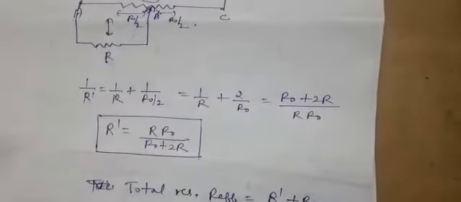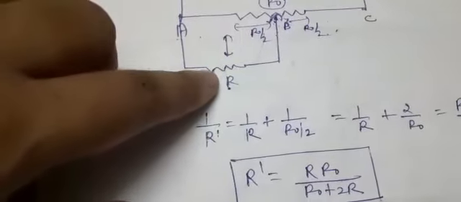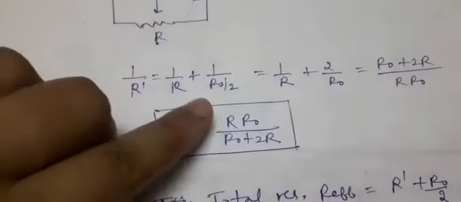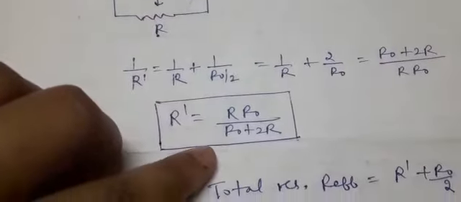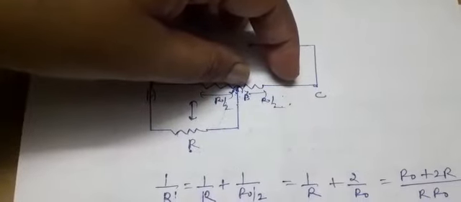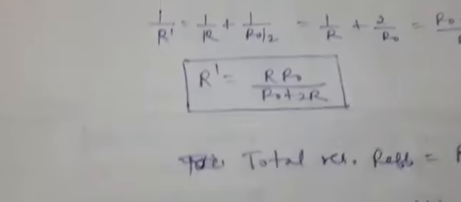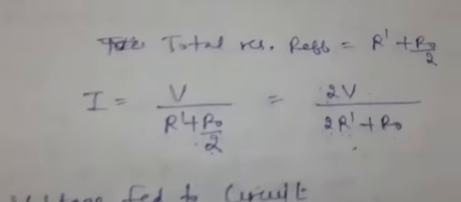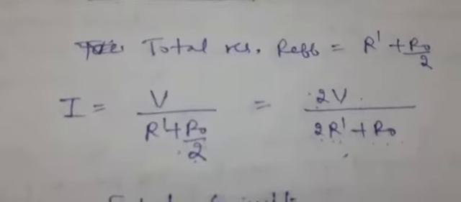So the basic steps which you have to understand here. First of all, as the slider is at the midpoint, take the equivalent parallel combination of these two. It will come out to be 1 by R plus 1 by R0 upon 2. Calculating the value, then because this combination has resistance, it is also in series with that R dash. So for the series resistance, the total resistance comes out to be this one. Now calculate the current flowing in the circuit: applied voltage V upon total resistance.